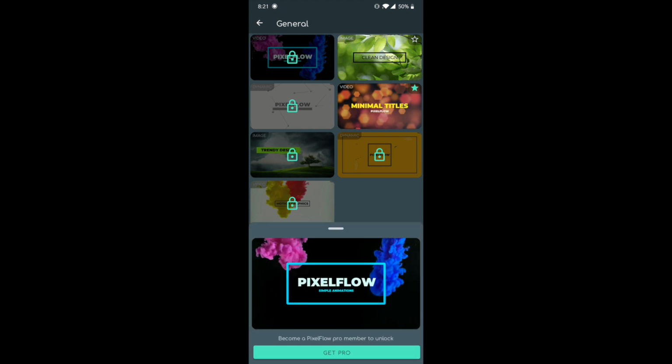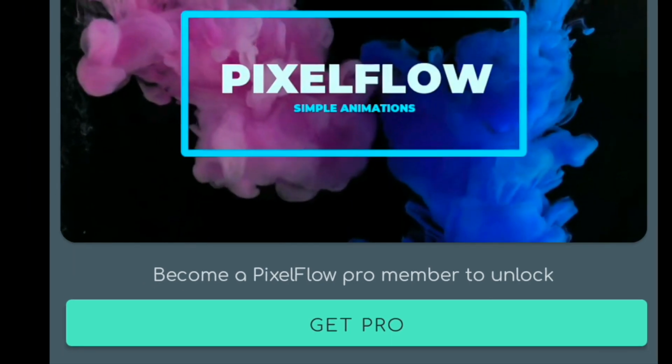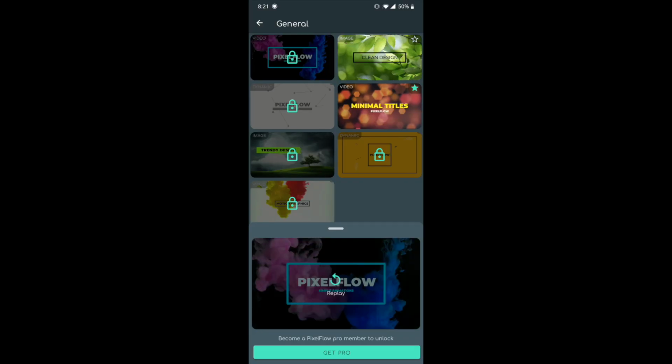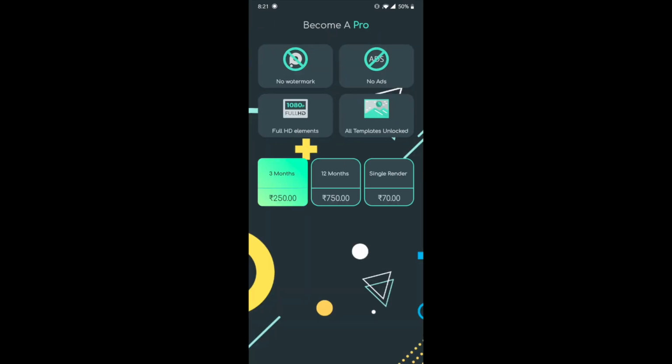Here's one I have opened, and at the bottom you can see Get Pro. If I click Get Pro, there are different options to buy these templates. I haven't bought them right now, but